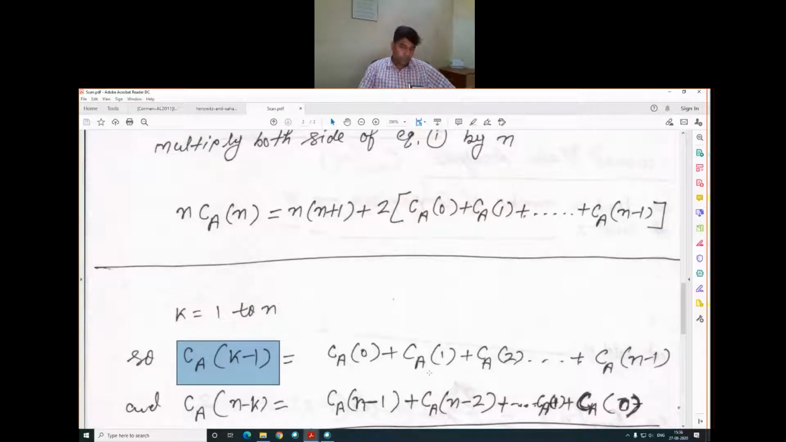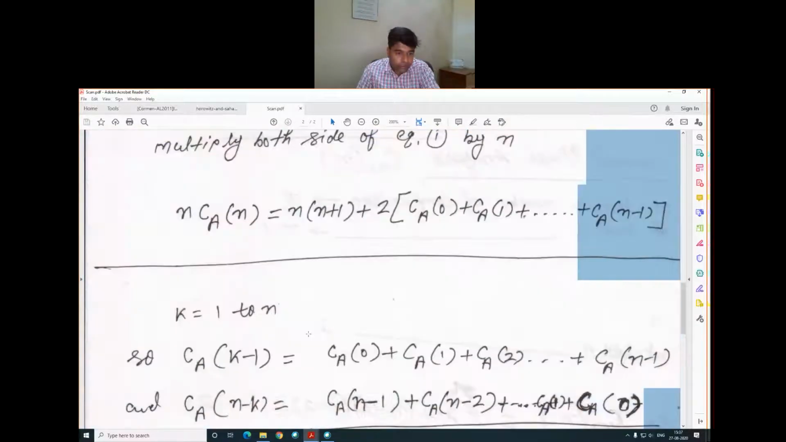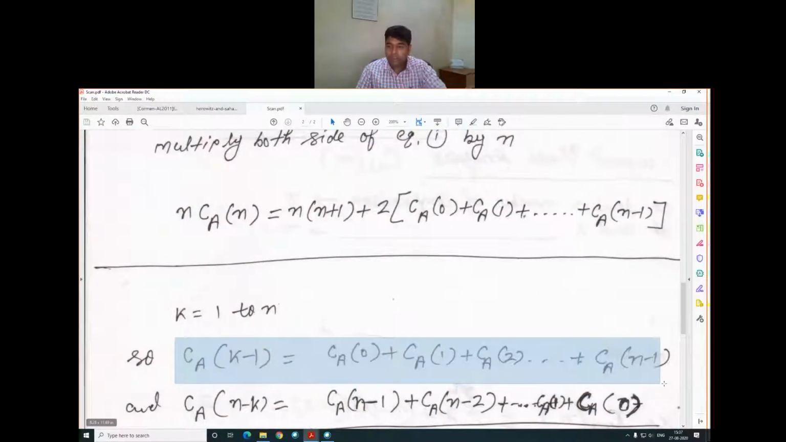C of a is equal to 2 minus 1, which is 1. If k contains the value 2, then C of a is equal to 2, and then we can prove this value up to n, and finally we will get C of a n minus 1. So from here we can see that if we open this equation and do the summation